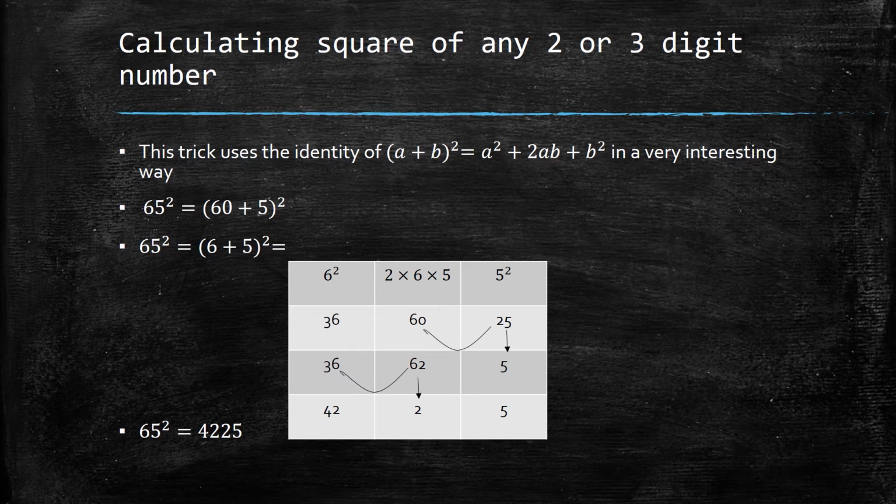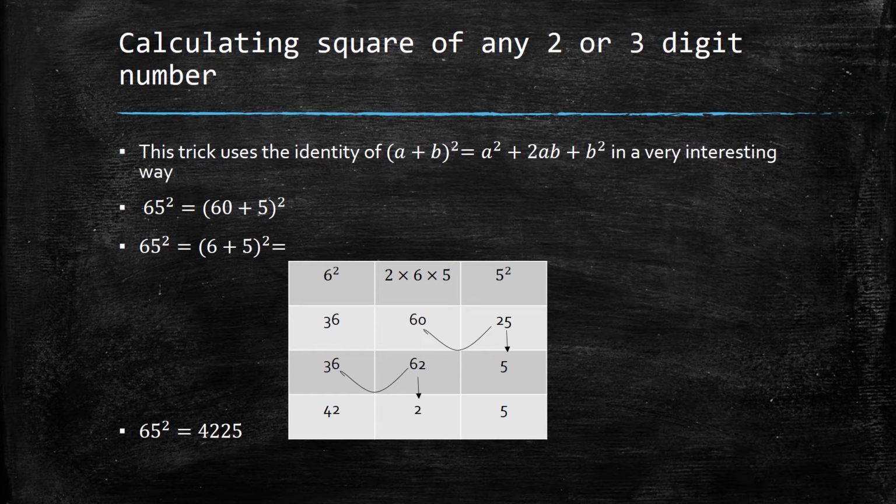Now the thumb rule for this trick is you start from the right and only keep the numbers in the unit place. Remaining numbers are carry forwarded to the column in the left. So in the rightmost column you have 25. Here we keep 5 and 2 is forwarded to the left where it is added to 60, which gives us 62. In this 62 we keep 2 and 6 is forwarded to the left where it is added to 36, which gives us 42. Thus in the last row we have 42, 2 and 5, or 4225, which is the square of 65.